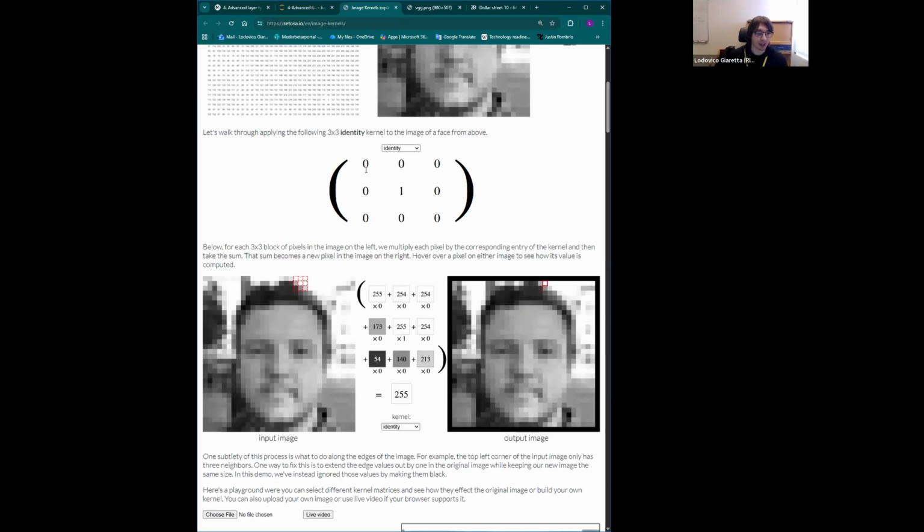So the kernel that we have here is a very simple kernel. It takes the value of the central pixel as it is, with a multiplier of 1, and then it takes the pixels around it with a multiplier of 0, which means it's ignoring the values of the surrounding pixels and keeping the value of the central pixel, which means that this is just the identity transformation. The output is the same as the input. But we can use this approach to build some quite interesting transformations. So let's look, for example,